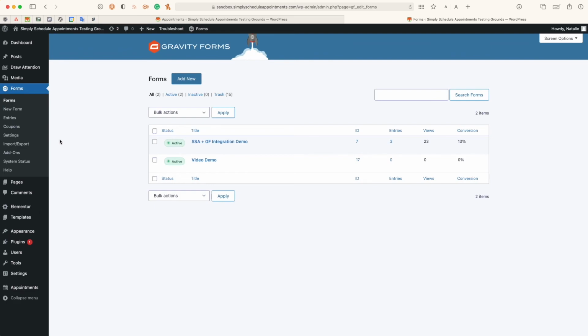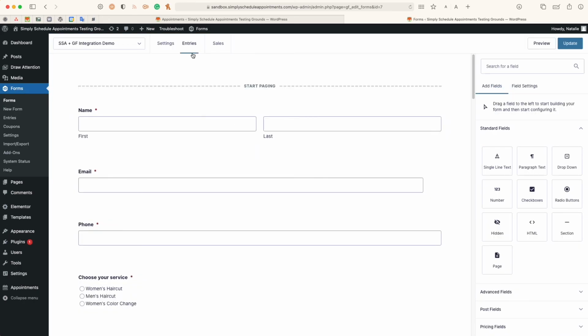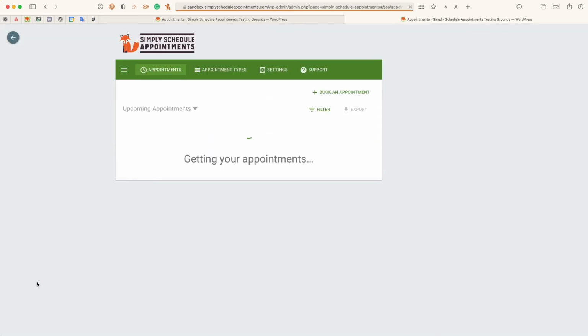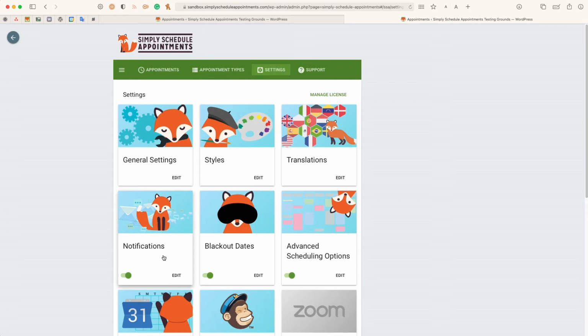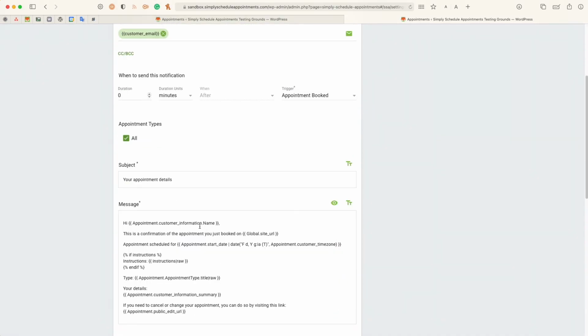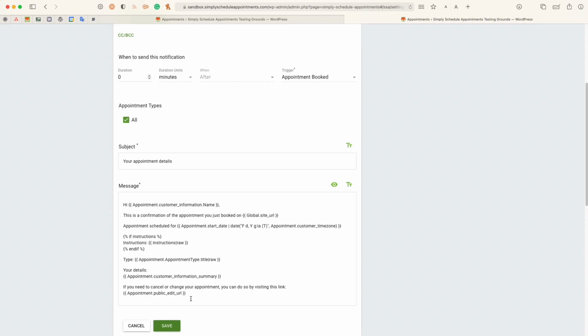And lastly, I think we're going to cover the notifications. So when it comes to notifications, you could either send them from Gravity Forms, which is down here, notifications, and you can also send it from Simply Schedule Appointments. And we actually recommend that you do so with Simply Schedule Appointments, just because we can grab a little bit more information about the booking itself. And we also provide a rescheduling link with our notifications only. So this is what's going to embed a unique rescheduling link.